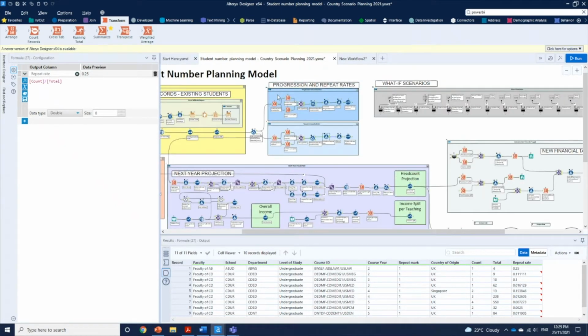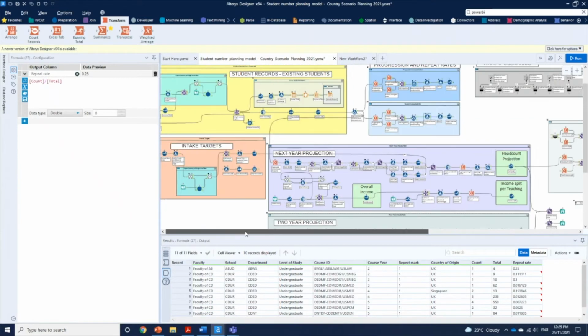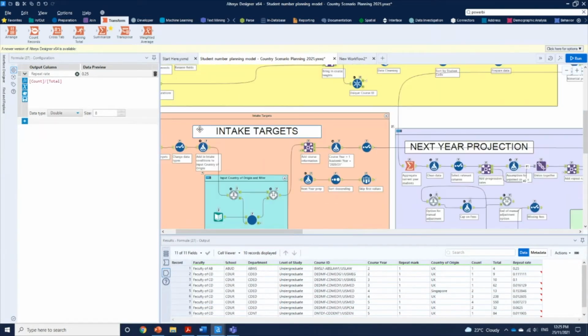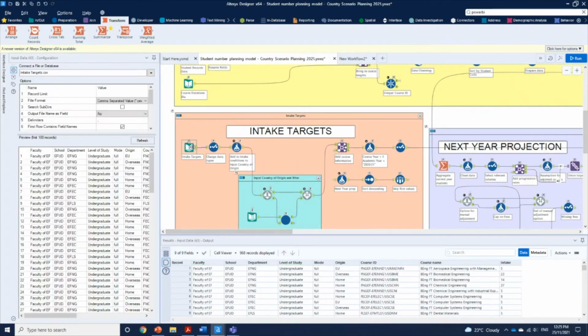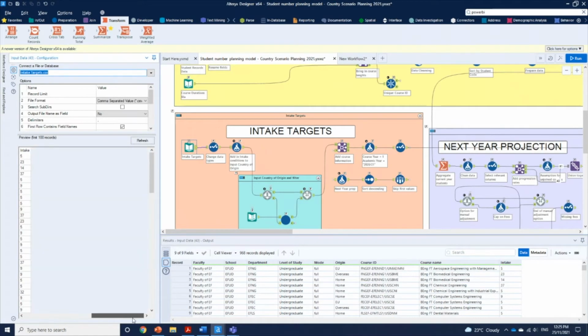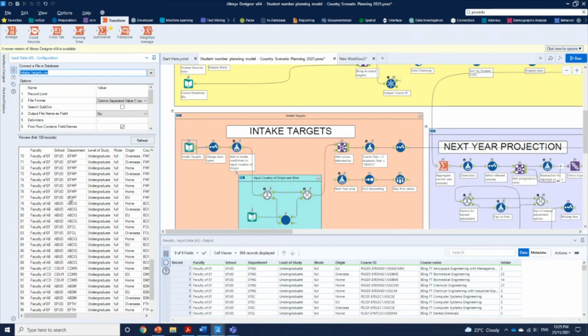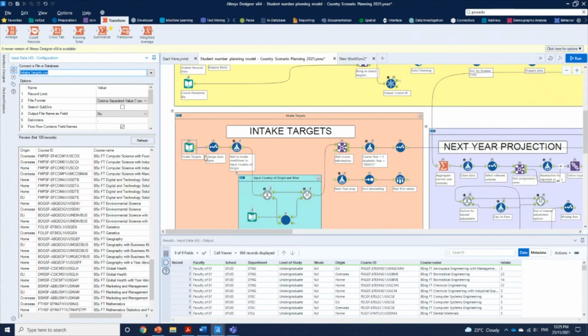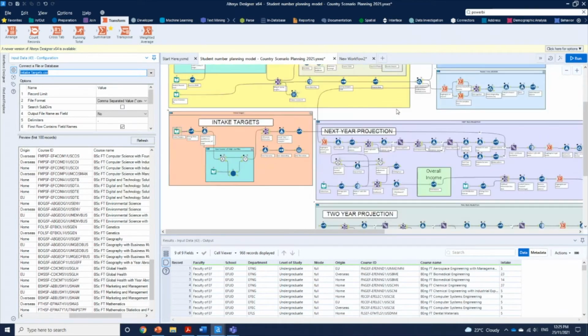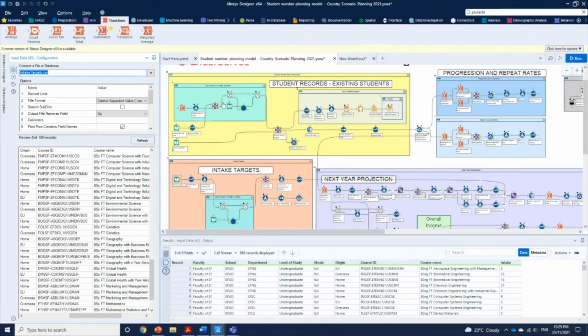Now, once we figured out the progression rate and also the repeat rate, what we can do is take in the new intake targets. In this example workflow, what we have is all of these students' intake across the different courses we have. Again, by the faculty, the school, the level of study, the mode, the origin, as well as the course ID. And so this box serves as your intake for the new year. And what we're going to do is take all of our student records of the existing body of students, those that have been studying already,